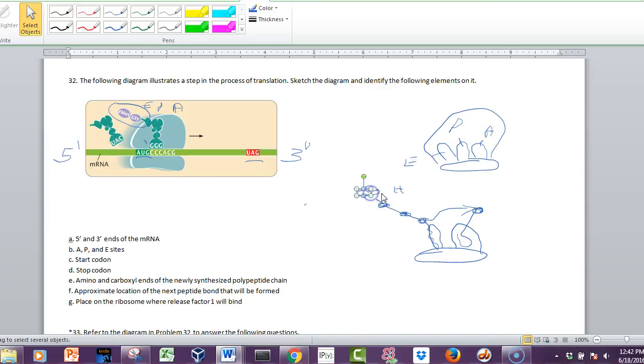There's a carboxyl end and an amino end, and when you're doing translation, the amino end is here. So you have NH2 there, and you basically make the protein from the N terminus to the C terminus. So when you eventually make this whole protein, you're going to have all of these amino acids linked together,